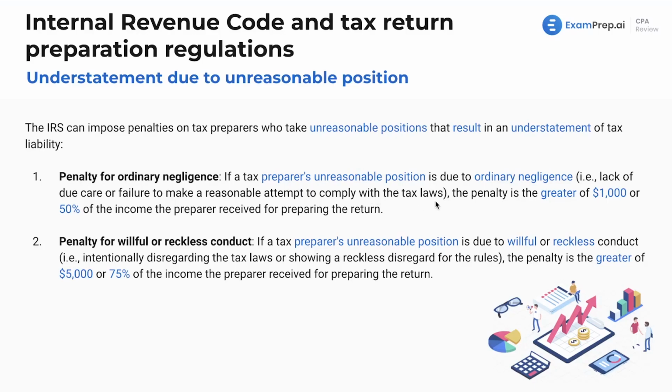The penalty is going to be either the greater of $1,000 or 50% of the income that the preparer received for preparing the return. And the penalty for willful or reckless conduct, if a tax preparer's unreasonable position is due to willful or reckless conduct, which is intentionally disregarding. So this is more kind of getting towards fraud. Likely wouldn't be fraud yet, but slowly moving its way towards fraud. Intentional disregard, showing a reckless disregard for the rules. The penalty is going to be the greater of $5,000 or 75% of the income that the preparer received for